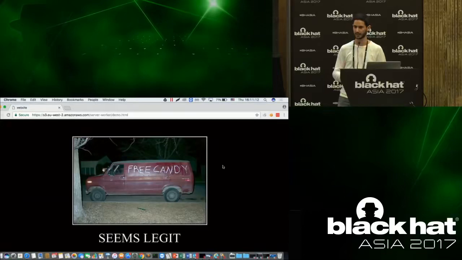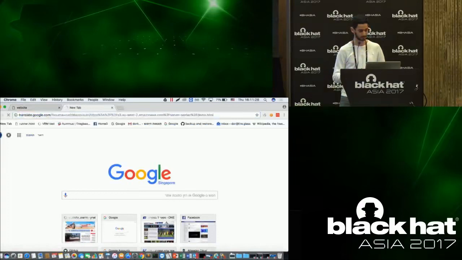So let's take Google Safe Browsing, for instance. They execute the web page and they try to decide if this website is a phishing website or not, or if it contains an exploit or not. But if you open this website inside Google Translate,